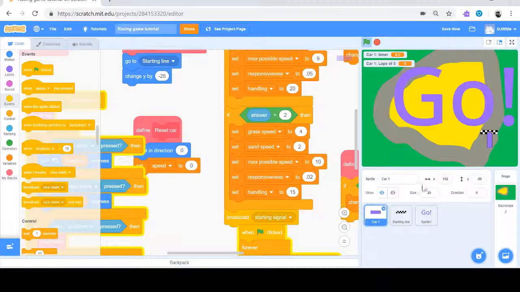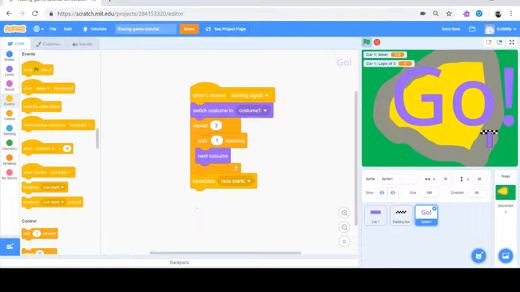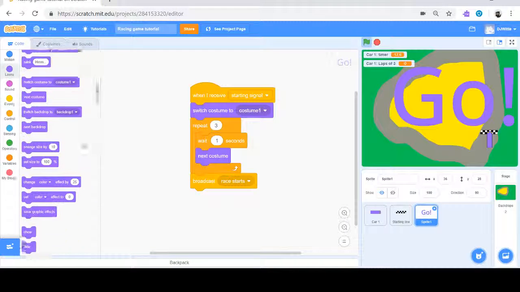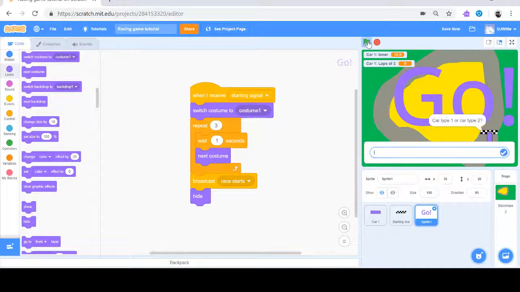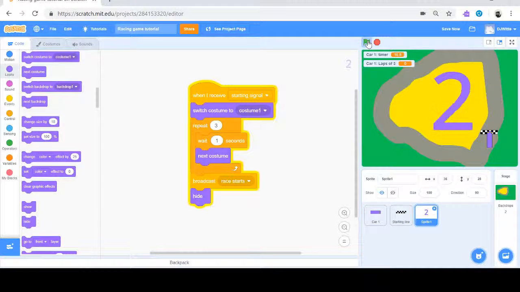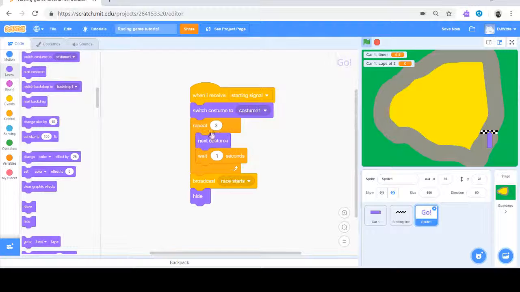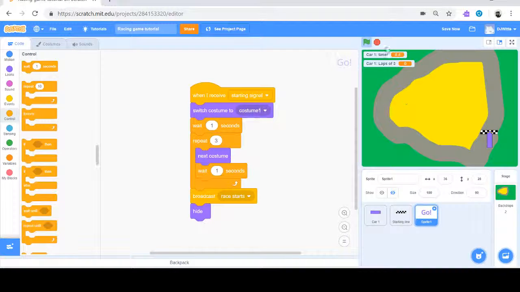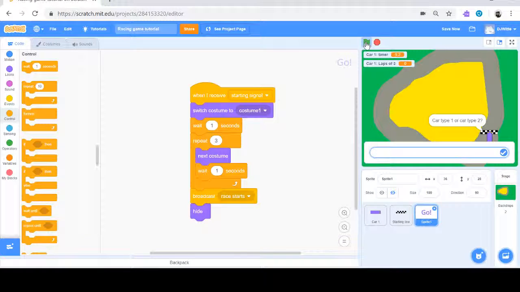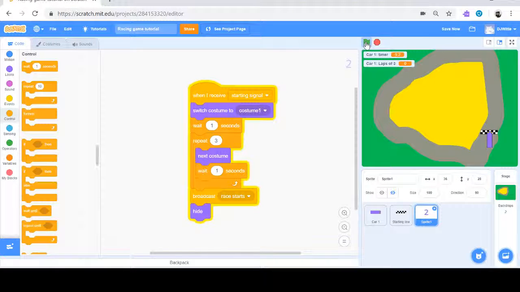Now the next thing we need to look at is hide. So we're going to broadcast. Now this isn't actually calling on other stuff, so we should be able to just put hide underneath. Let's try that again. Race 1, 3, 2, 1, go. We probably need a wait in there. Or maybe if we do it like this, another way to the front. Doesn't matter where, but you will need to have an extra wait. Okay. 1, 3, 2, 1,